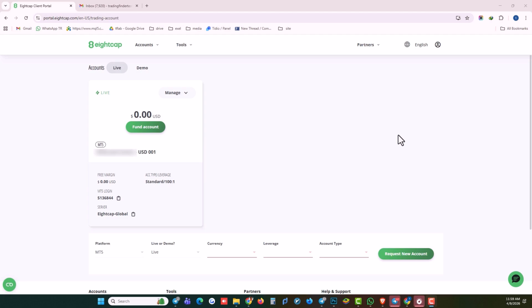Hello. In this video, we intend to fund the Eightcap broker account using cryptocurrency. We go to the account section and select the live account option. And to add some funds to your account, we simply go ahead and select the fund account option from the